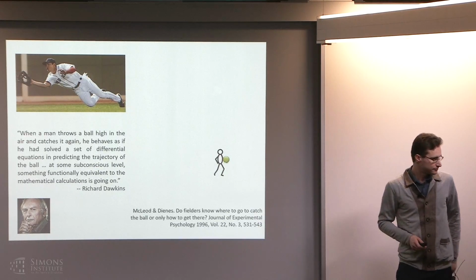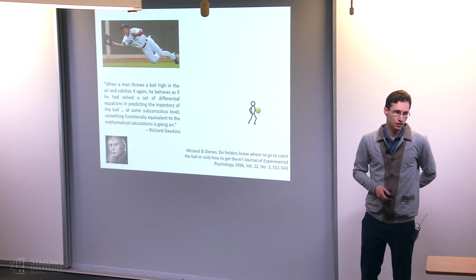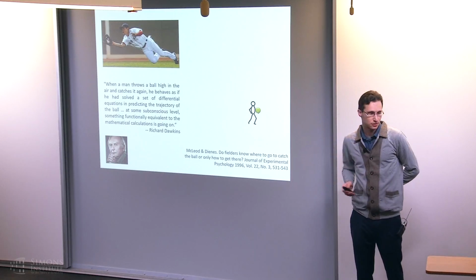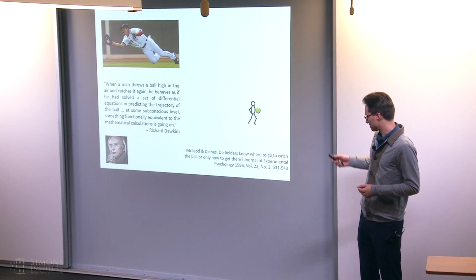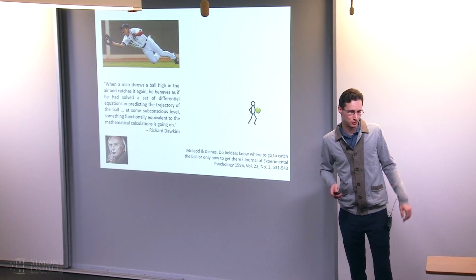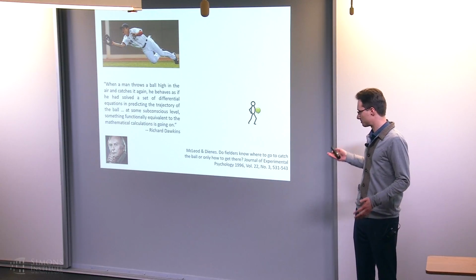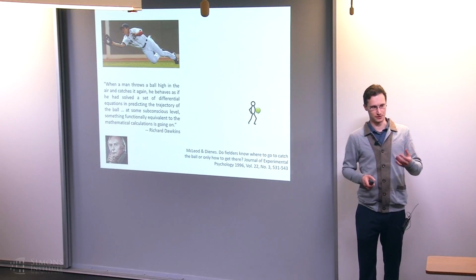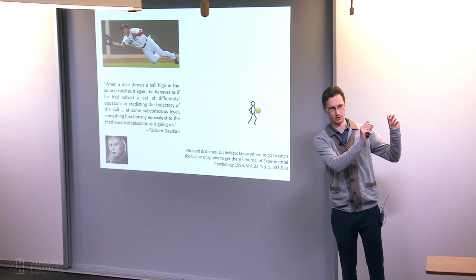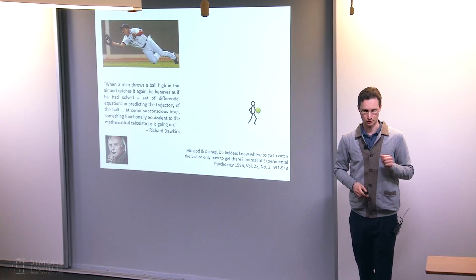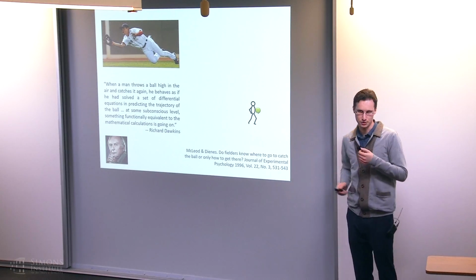And isn't that, professionals just have optimized this little policy better than the average person? Not just professionals. Animals can do this too. There's obviously a lot more to it. You also have to be really quick on your feet. But there have been studies that show that frogs, for example, use a similar kind of gaze heuristic. Apparently, when you learn to fly an airplane, one of the things they teach you is if you want to determine if you'll collide with something, look for a spot of dust on the windshield, and if it's stationary relative to the other airplane, then you're on a collision course. So it's a heuristic that sometimes is taught and you can process it cognitively, and sometimes it's subconscious, as in the case of ball catching.